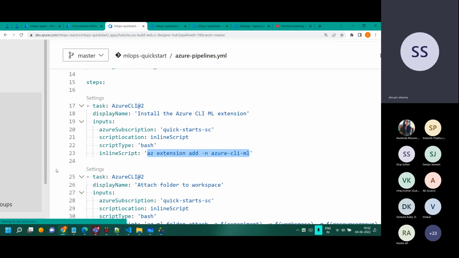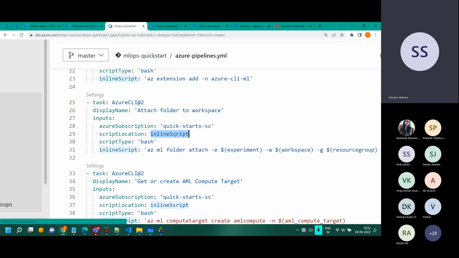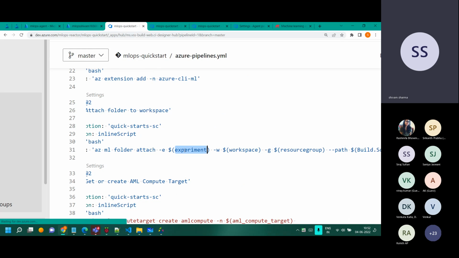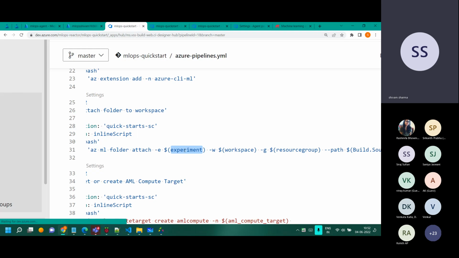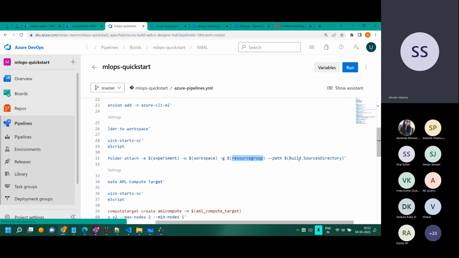Now, the second step after that is called attach the folder to the workspace. What this does is Azure ML folder attach, and the name of the experiment comes from the variable. That's the workspace name, that's the resource group name, and if I can zoom out slightly, there is a path, build.source directory path.